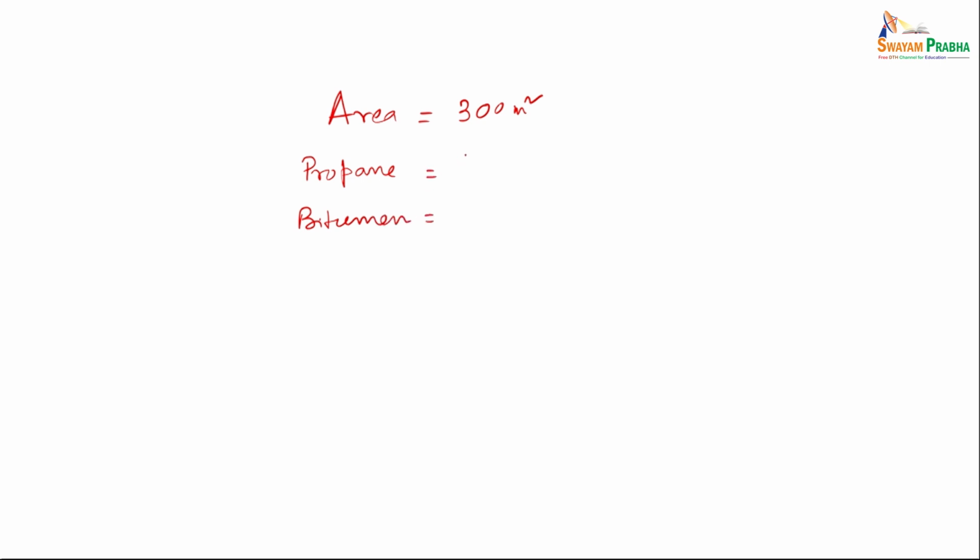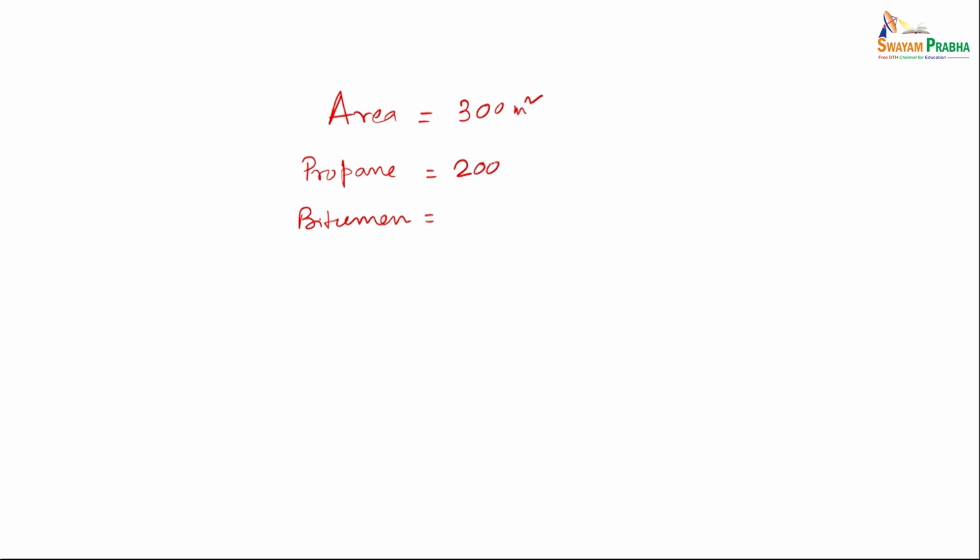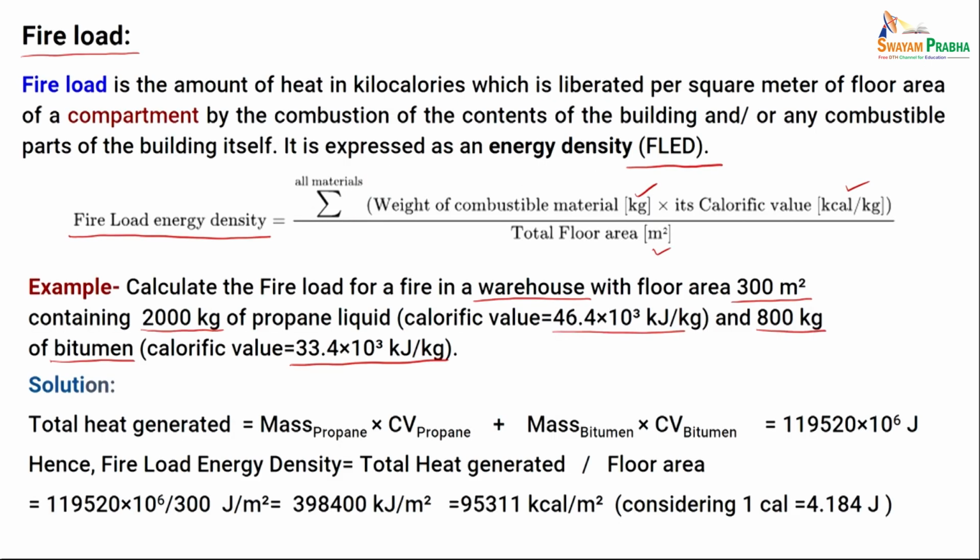So, one is 2000 kg, other is 800 kg. You multiply with their kg, you multiply with their calorific value, you get the amount of combustible material into its calorific value. So, mass of propane into calorific value, plus mass of bitumen into calorific value, together is